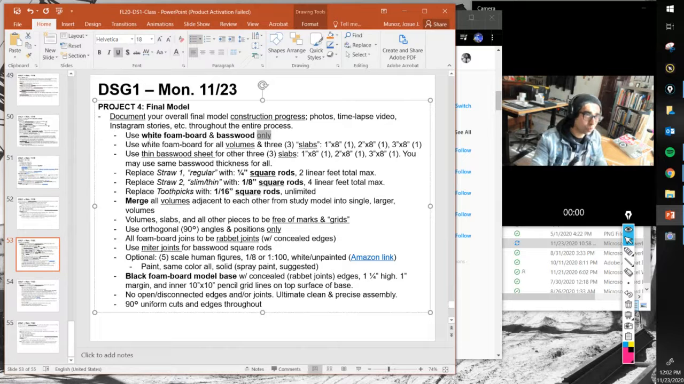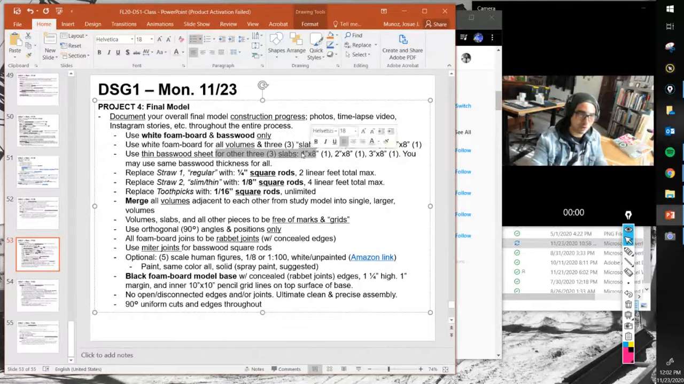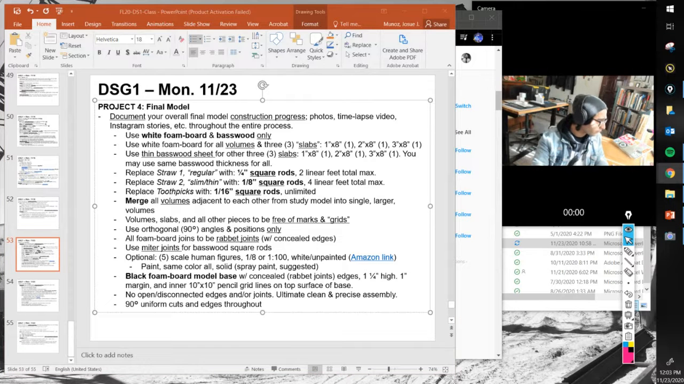Use white foam board for all volumes and 3 of the slabs, whose dimensions are provided here. Nothing really changes there except for the volumes, and I'm going to talk about the volume assembly in a minute. Use thin basswood sheets for the other 3 slabs, which are the chipboard or the cereal box slabs. We're going to substitute those with basswood sheets. Notice that you may use the same basswood thickness for all of those. And those sheets that I am talking about,